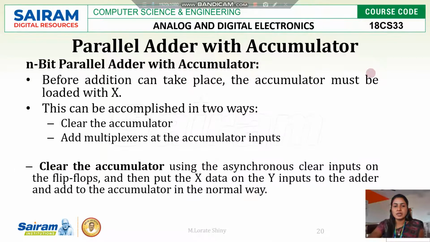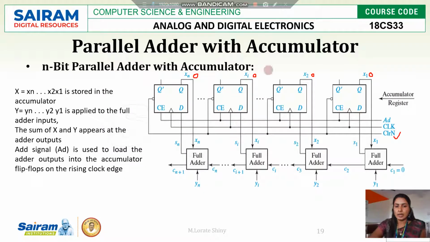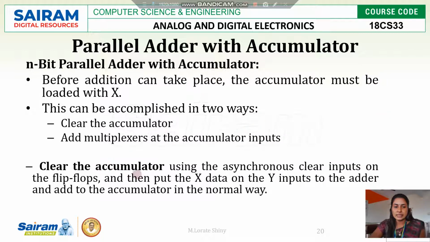Now I want to load 1 0 1 0 to the accumulator register. How can I load it? First I should clear the previous result, so everything becomes 0.